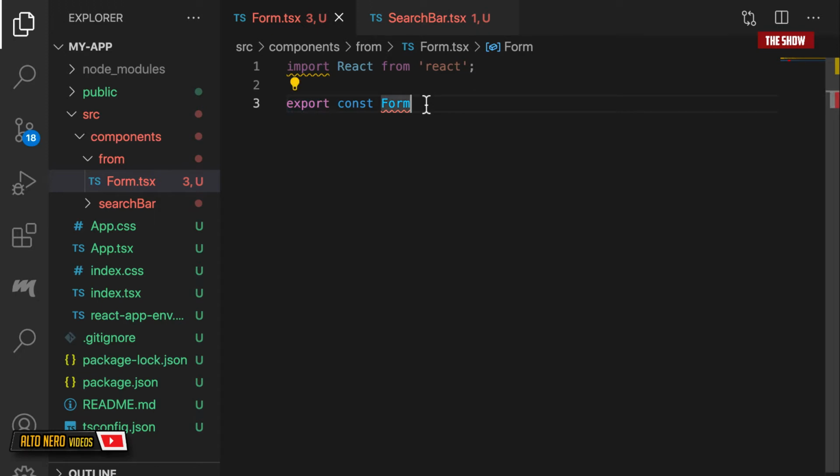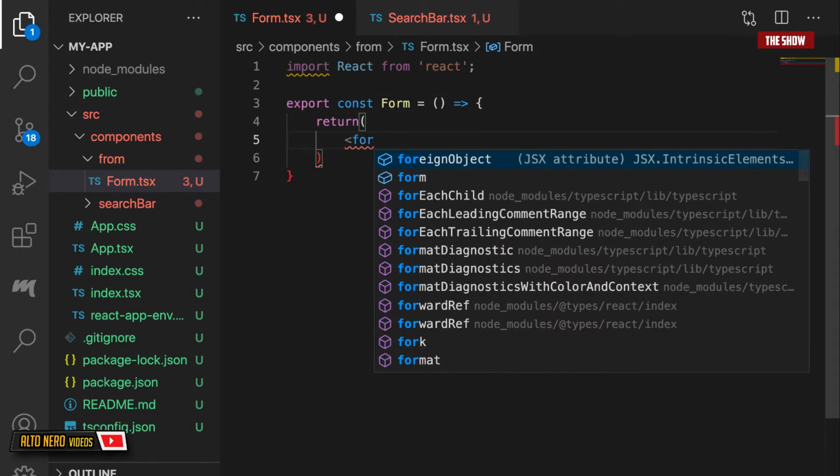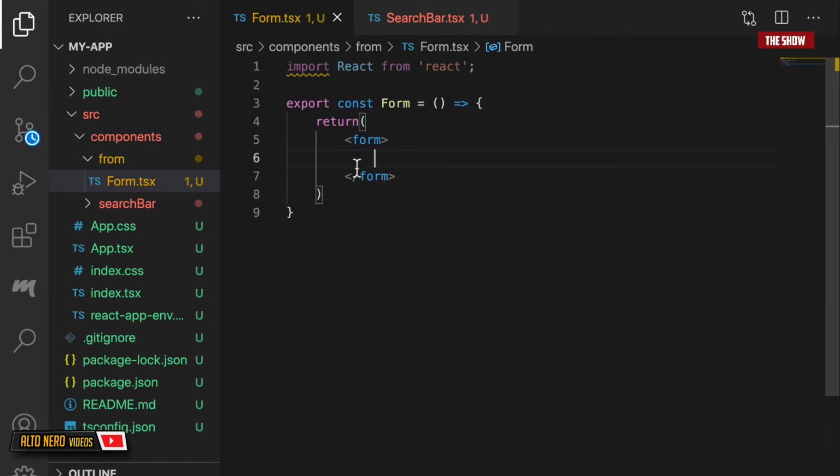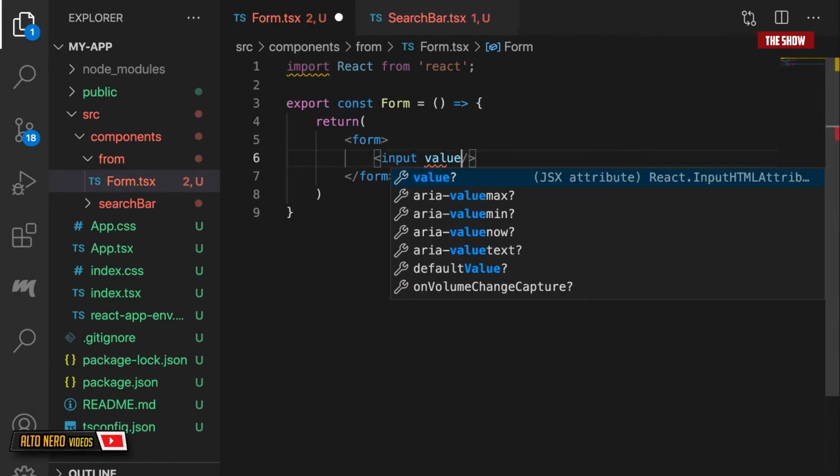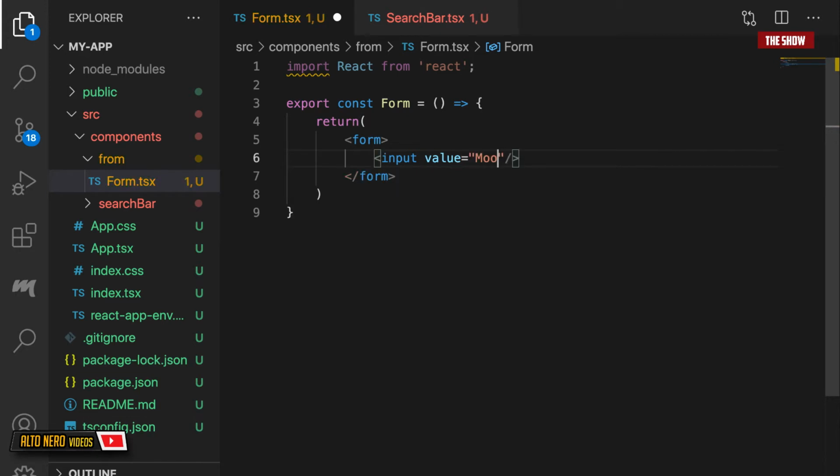And this form will basically be a function that will return something. So it will return a form. So we can have a form like this. And then we can complete the details of the form later on. I want this form component to be reusable. So rather than, for instance, having an input field like so, okay, having an input field like this, which will have a value of, let's say, mood, what I'm going to do is to pass these values as props to